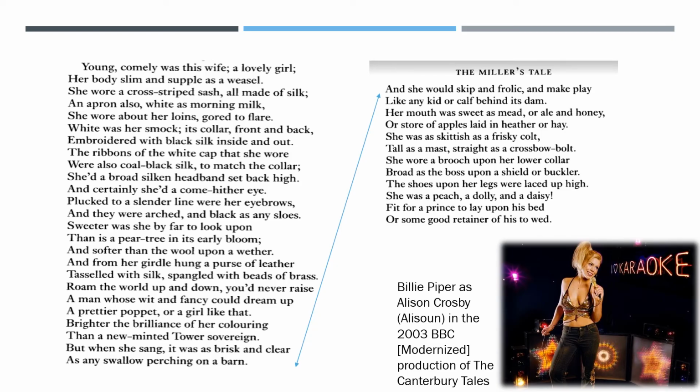So the blazon is, in a lot of ways, kind of like that shot you would see in movies, especially movies from the 1980s, 1990s, early 2000s, where the female love interest first appears on screen and the camera kind of runs up and down her body, right? It's kind of the film version of the male gaze, right? And the blazon is the poetic version of that, sort of.